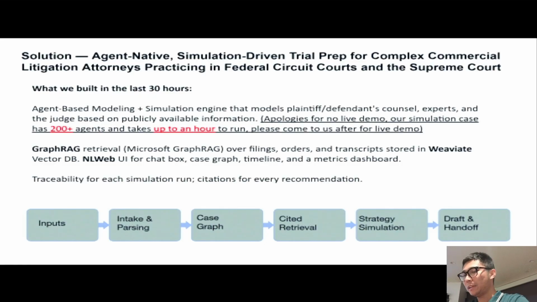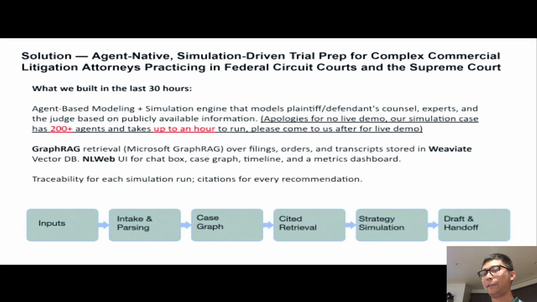The version of the simulation I'm going to show you has 3 to 5 agents that can query from the GraphRAG as well as the vector DB. We can do opponent persona. You can propose your strategy to the chat box, and you can simulate how the opponent will respond.